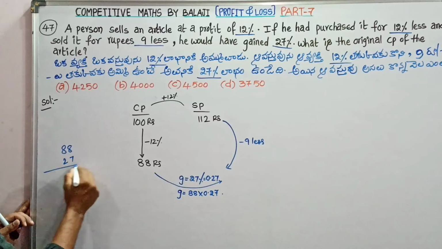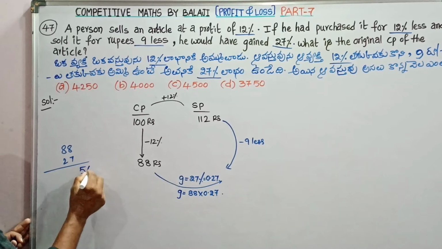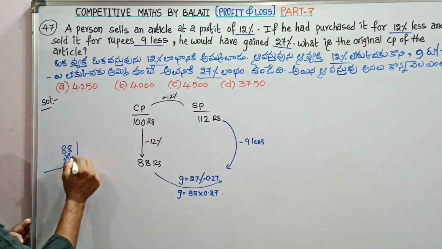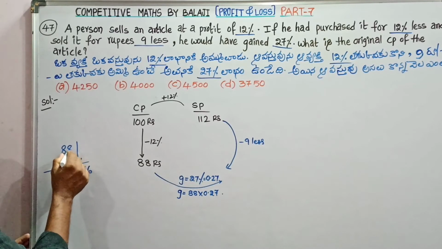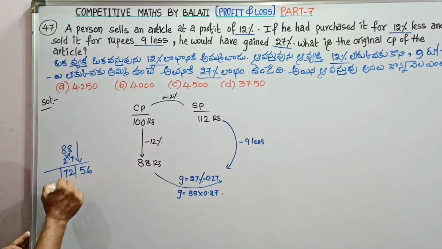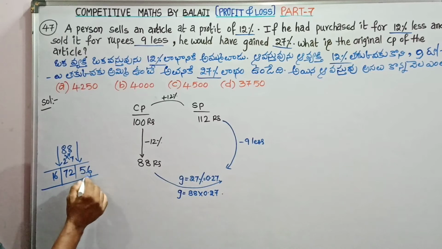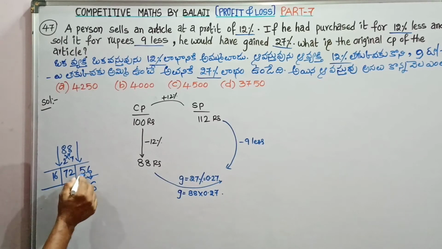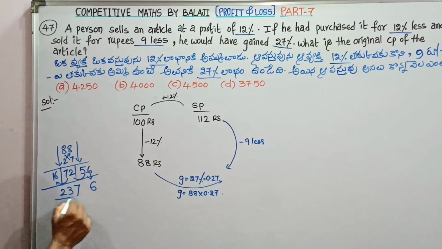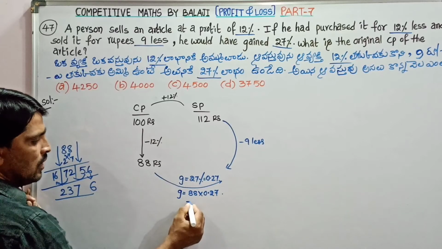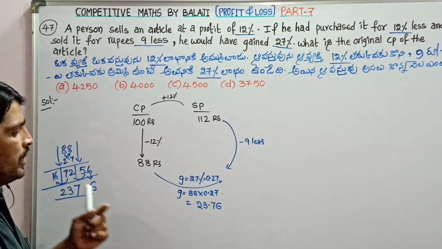Consider the multiplication of 88 and 27 by crisscross multiplication, which is Vedic maths. 7 8s are 56. Now cross multiplication. 7 8s are 56 plus 2 8s are 16, 56 plus 16 is 72, and 2 8s are 16. Now balance the digits. Drop 6, carry forward 5, 5 plus 2 is 7, carry forward that 7, 16 plus 7 is 23. But here we have two decimal places, so the answer will have two decimal places, that is 23.76 units or rupees are